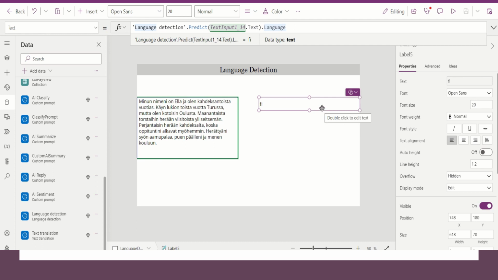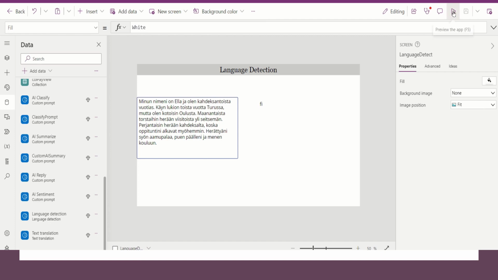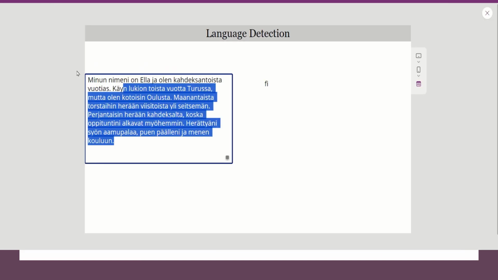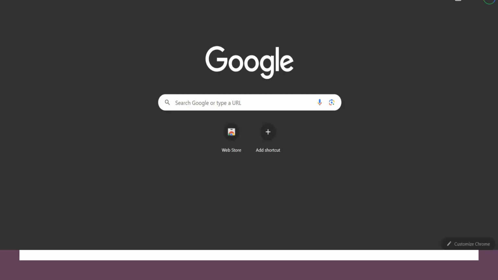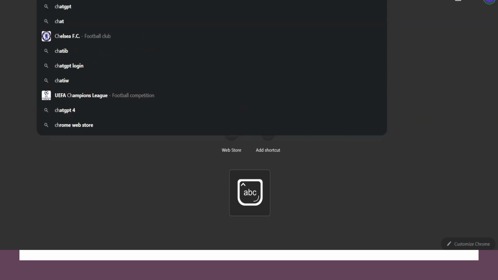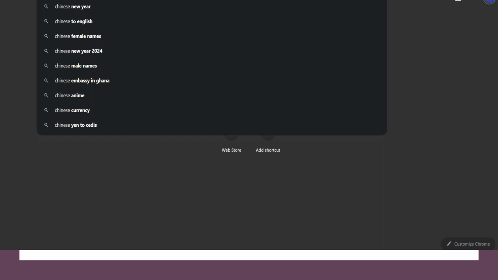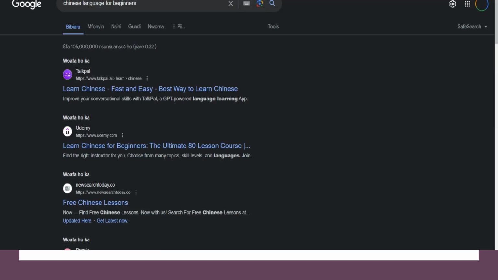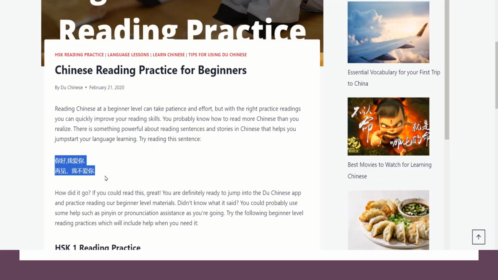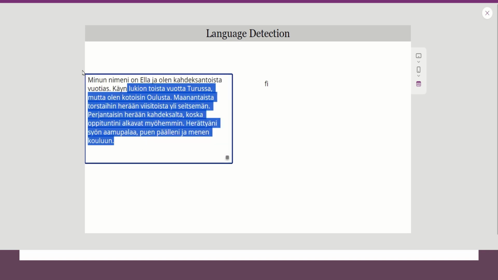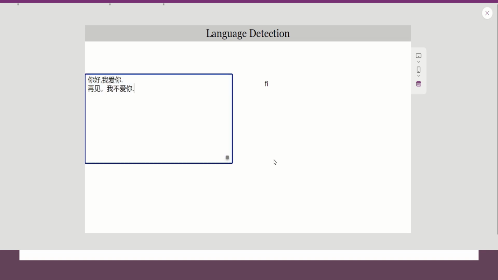So I put that inside the label, and whenever I give another language, so for instance, let me search for another language, let's say Chinese. Okay, so I have this Chinese text here. Let me copy, go to Power Apps, and then insert it. Okay, so it gives me